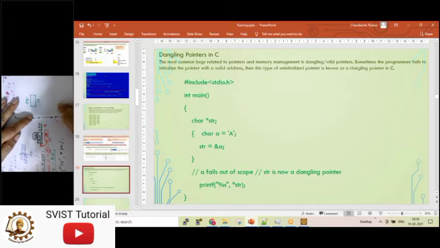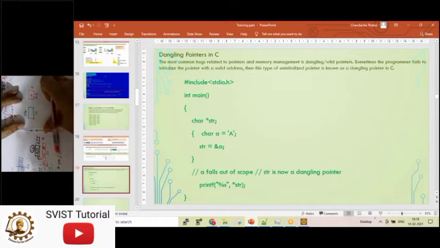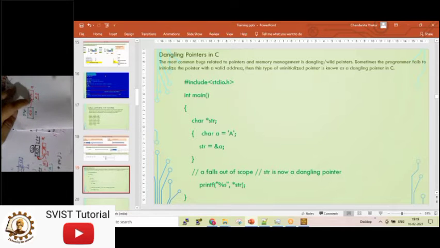Str's address is 10, and this is A. A's address is 20 and A's content is capital A. Now, whenever you are assigning this 20 as the content of str, what will happen? Str will be pointing to this location. An arrow will be formed.